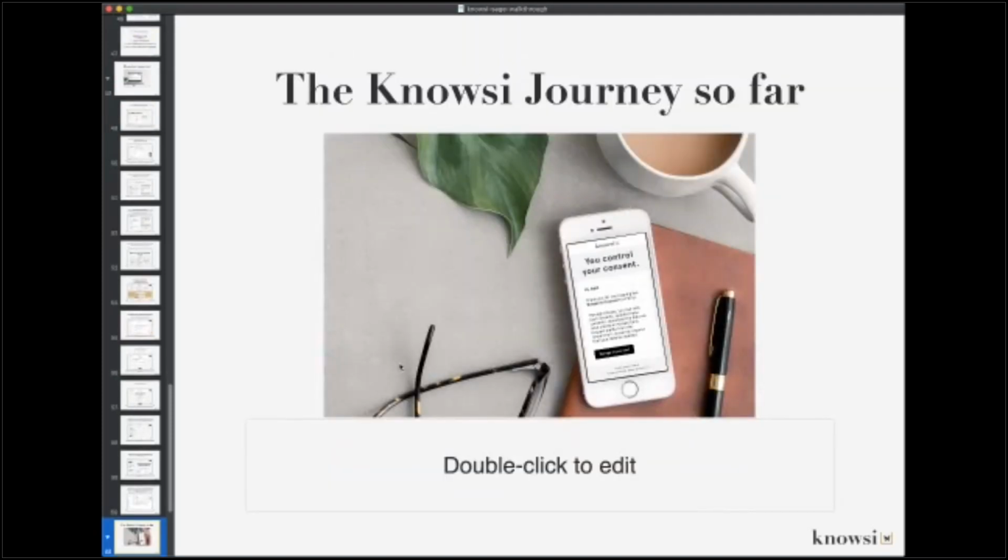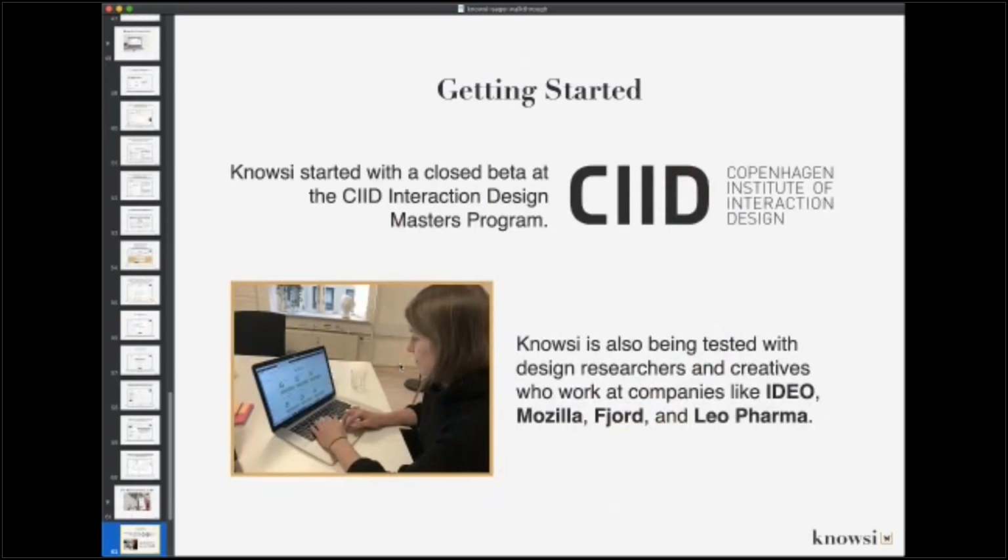So just very quickly on the Knowsi journey so far, Knowsi sprung fully formed from my mind like Athena while landing incredibly jet lagged in Paris, and then I built it very quickly before my son showed up. Which was, two projects, like a small startup and a child at the same time, is challenging.